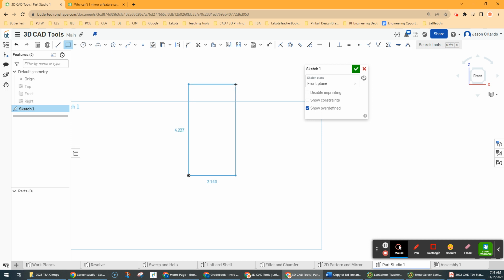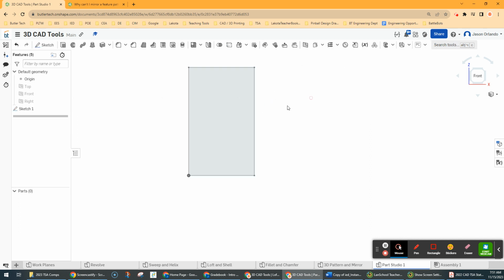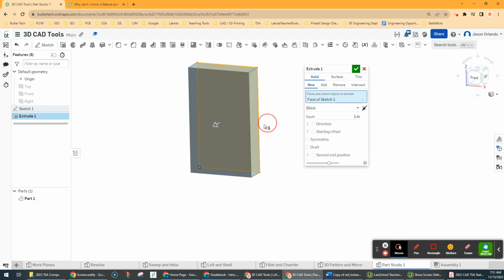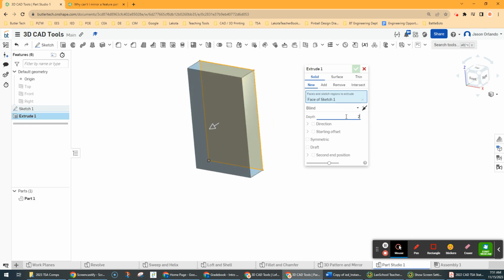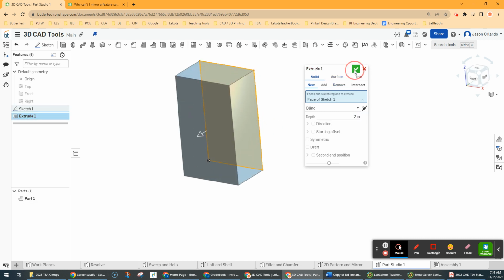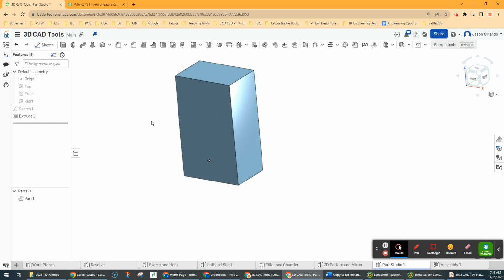and if we want to give it dimensions, that might be helpful. How about we make it like 3 inches by 5 inches? Okay, and then I'm going to extrude that, and how about we go 2 inches? I didn't create exact dimensions last time, but this time I will. Okay, so